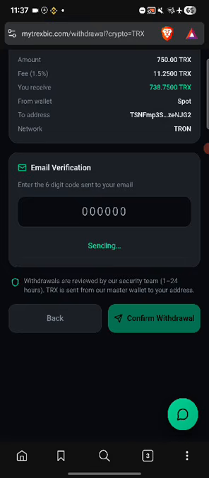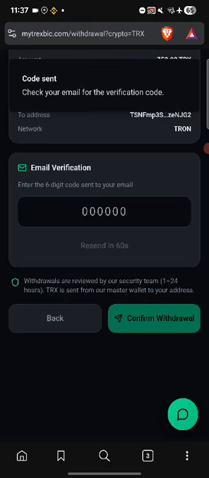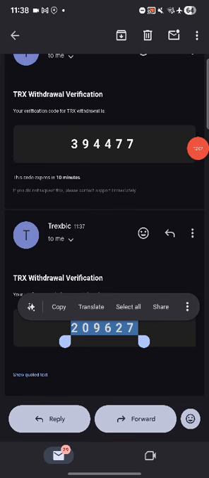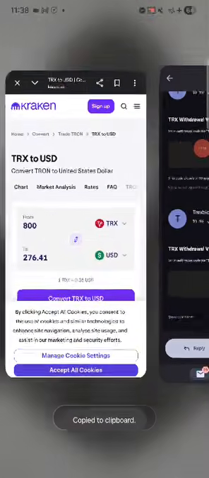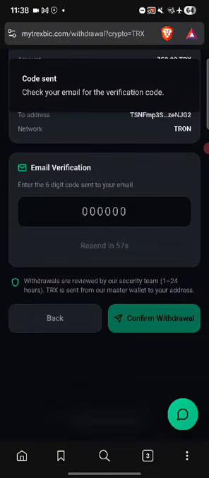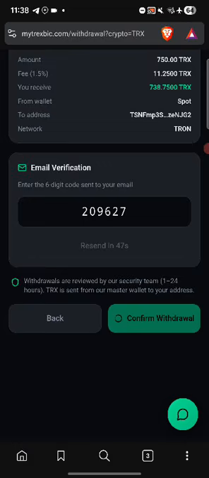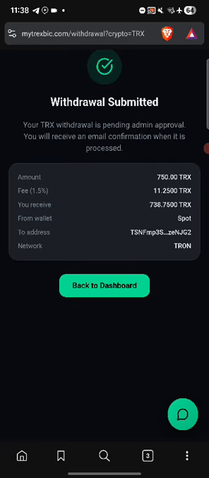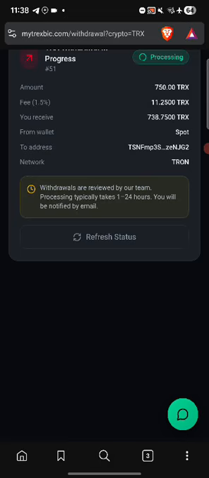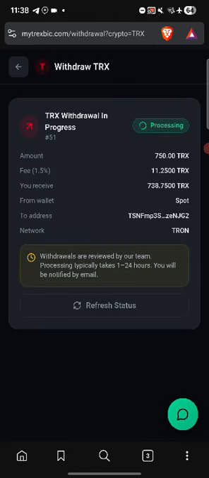Now we need to send a verification code to my email. I'll copy my verification code, guys, and I'll go here and paste it. I'll paste that verification code here and then click confirm withdrawal. Yes, so the withdrawal has been submitted and is processing. Let's wait for it to arrive on my